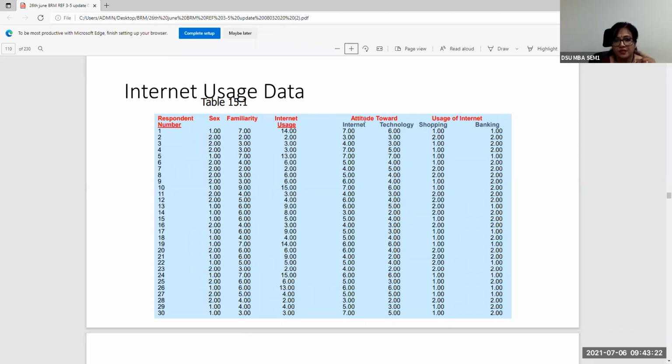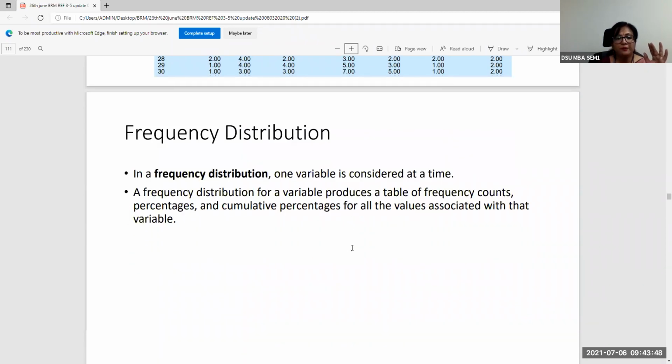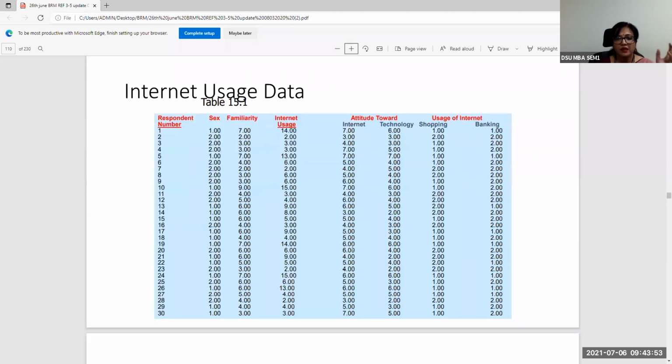Then the other question asked is attitude towards internet on a scale of 1 to 7. If you remember the Ohio lottery case, so scale questions were there on a scale of 1 to 7. Likert scale normally 5 point, but 7 point also can be done. So attitude towards technology, that is again on a 1 to 7 kind of scale, where people have answered usage of internet for shopping and banking purpose. All right. Now, given this, what can happen is you can build a frequency distribution of any variable. For example, if you look at the previous one, you can build a frequency distribution for internet usage, right? You can build histograms and bar charts based on that, right?